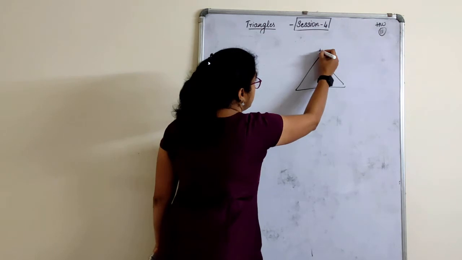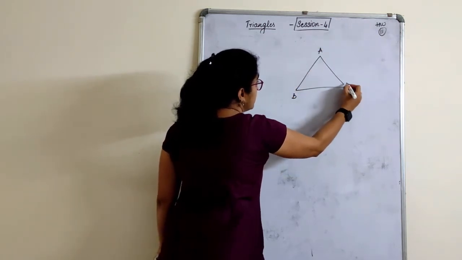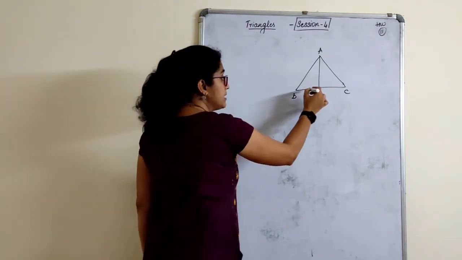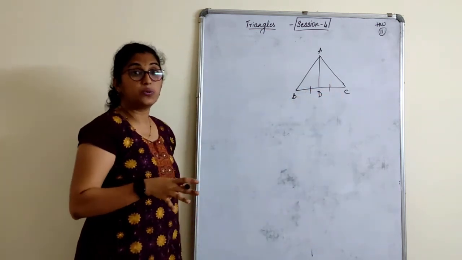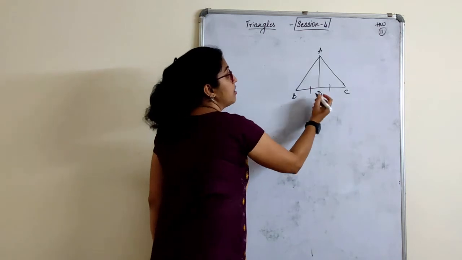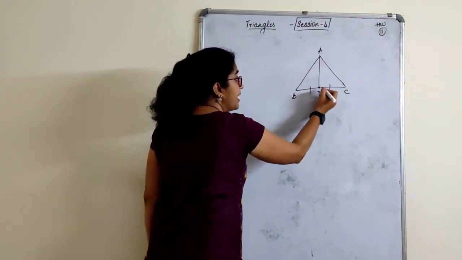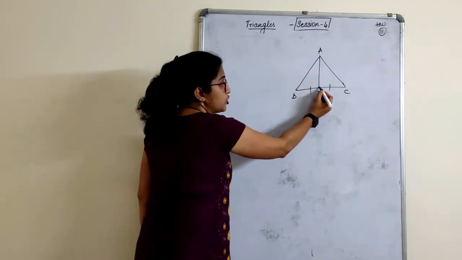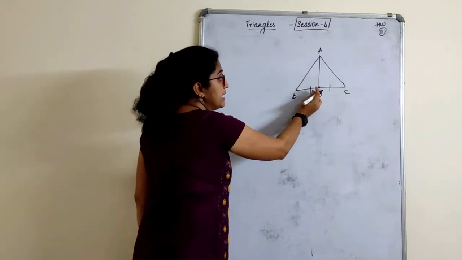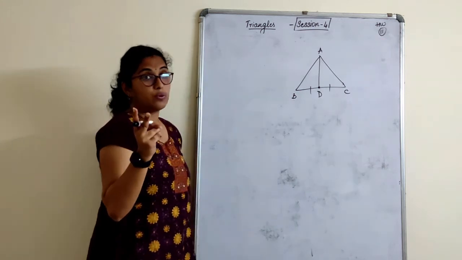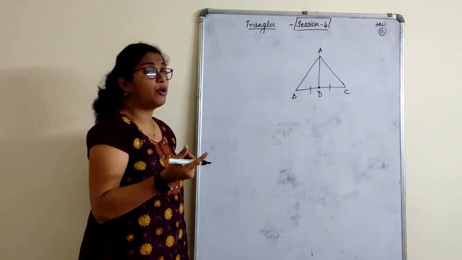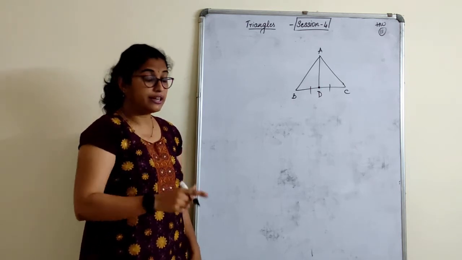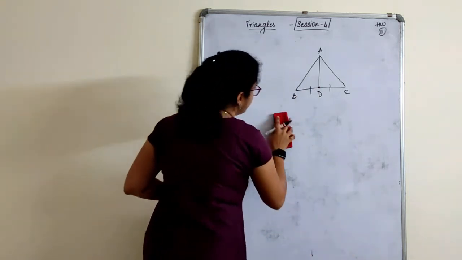Given a triangle ABC, if I say that AD is the median of the triangle, that means it divides the triangle into two equal parts. Or you can also assume that whenever we draw a median to a triangle, the line which touches the base of the triangle at D divides the line segment into two equal parts, such that D is the midpoint of BC. Remember that one thing, that is the median property. You all can write that. I have already sent it to you all in PDF.